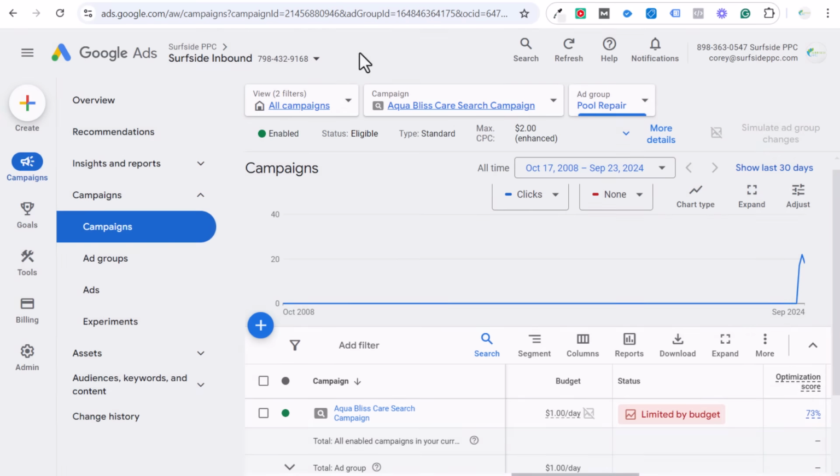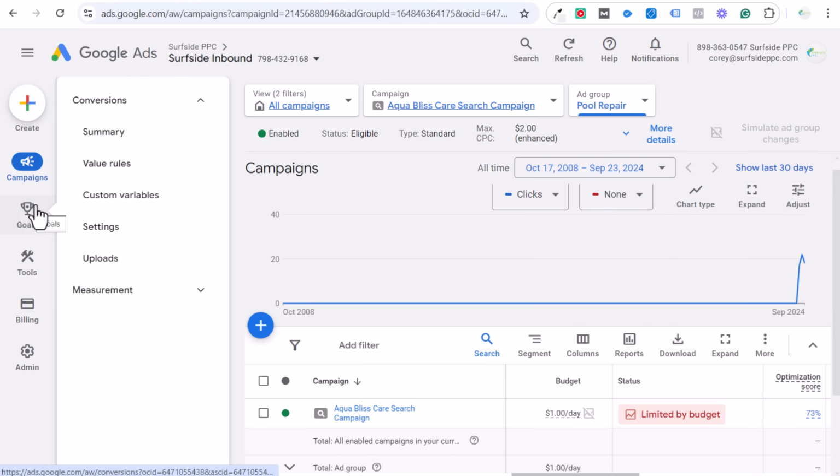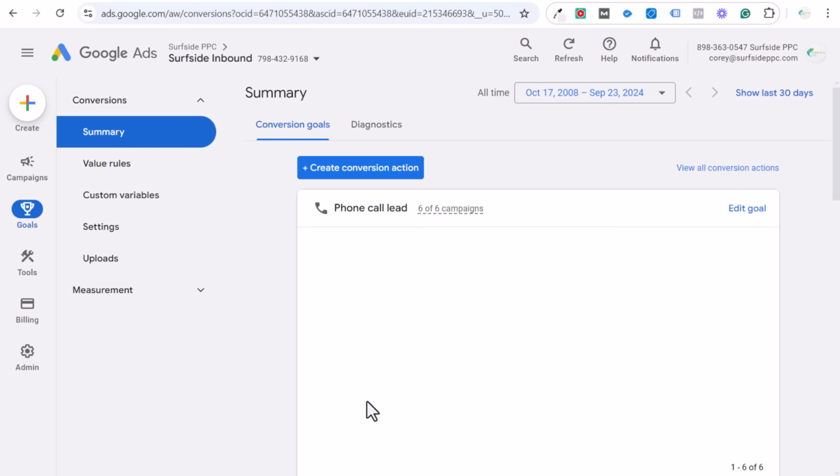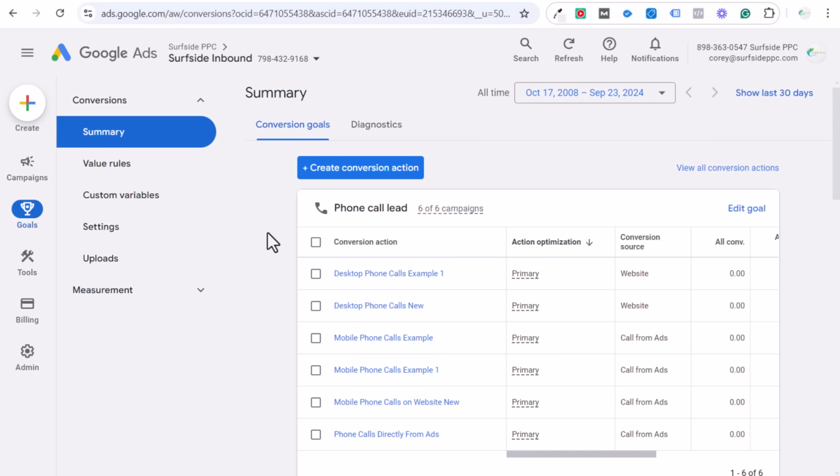So that is one of the most important things as we get started, because I've taken over accounts where new conversion goals were created. They were counting in the goals here in the summary page, but the campaign was not actually optimizing for them. So within your conversion goals page here, one of the things I want to go over